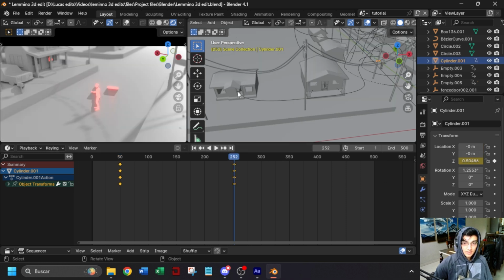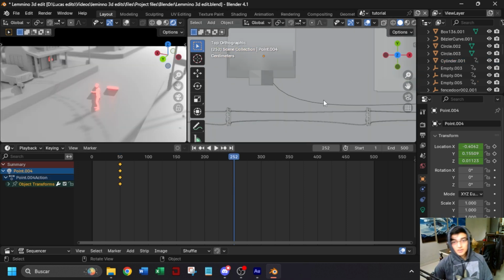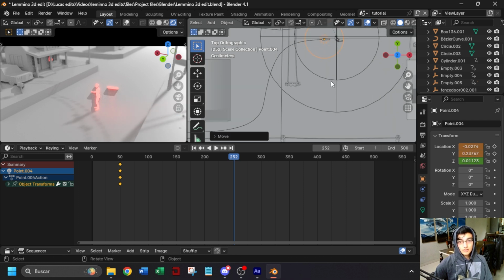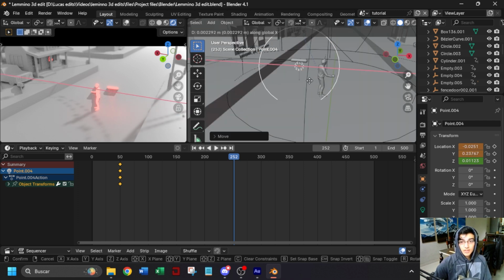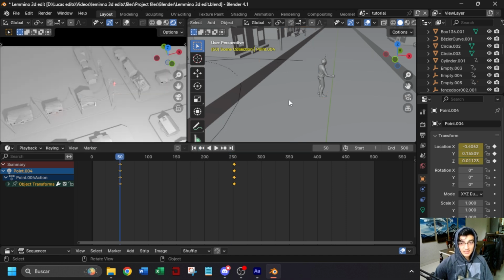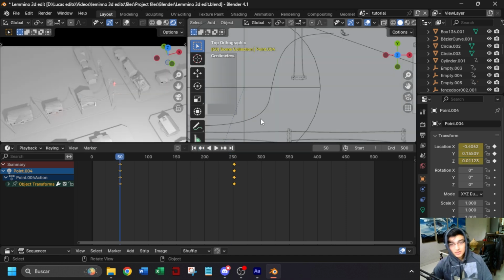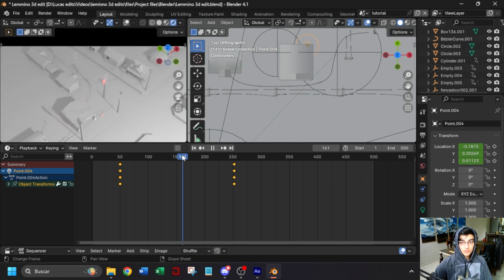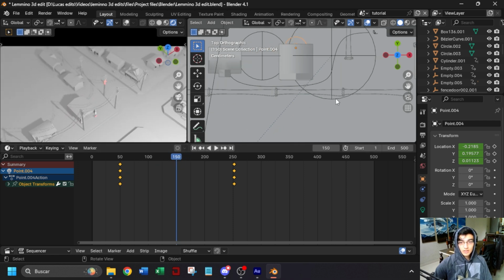Let's select the light, 7, G, and right here, GX, right here, and place a keyframe. So now obviously it won't follow the object precisely, but we are going to work on that. So let's see here, let's go to the middle, something right here,